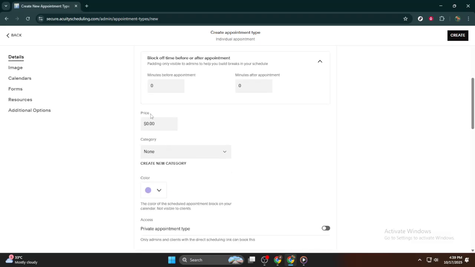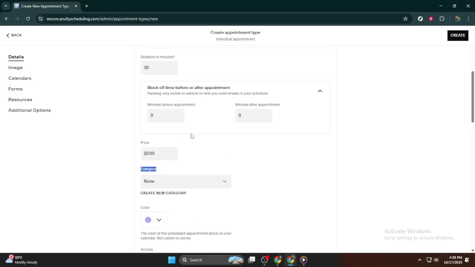After filling in all those details, you'll want to finalize this process by saving your work. That's done by clicking the Create Appointment Type button. By doing this, you've now successfully created a new service offering. It's immediately available for clients to see and book on your scheduling page, which means you're all set to start